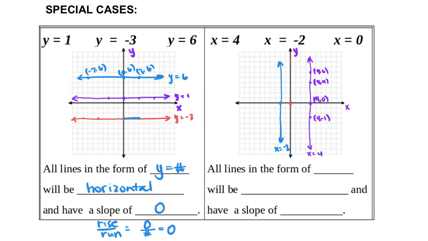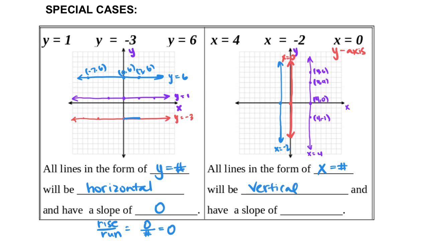And anywhere along the y-axis, the x value is 0. So x equals 0 is the same as the y-axis. All lines in the form of x equals some number, so x equals any constant, any number, will be vertical